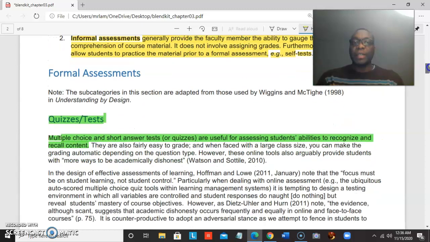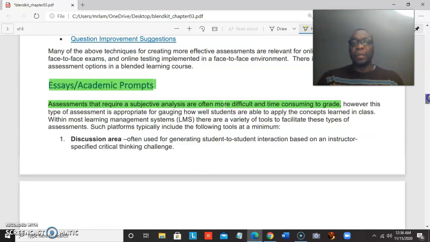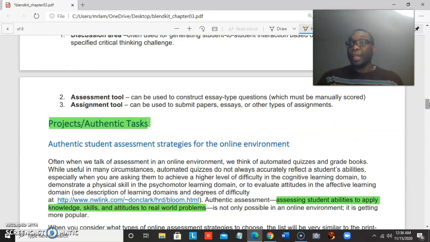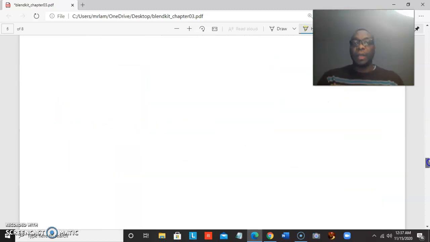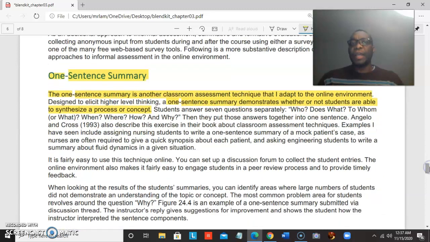Some examples of formal assessments are quizzes, things like multiple choices, things like essays and academic prompts, and also projects, as project-based learning is an important part of allowing students to be able to answer real-world questions or come up with solutions for real-world situations based on the concepts that they explored in class. And then in terms of informal assessments, things like one sentence summaries where students can